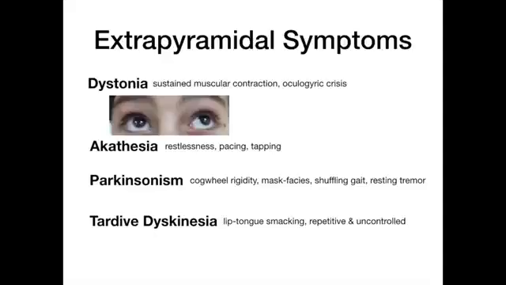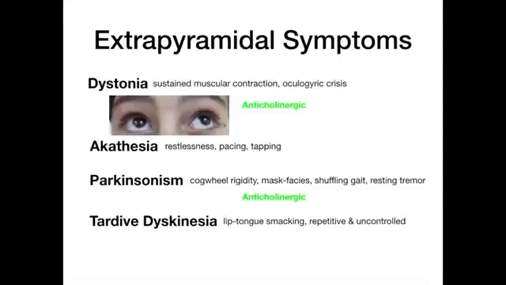So what's really, really high yield is to not only understand what all of these different EPS are, but to know the treatment for them. So I'm going to break this down and make this as easy as possible because people always get caught up on the different treatments. For dystonia and Parkinsonism, the treatment is anticholinergic medication like benztropine or even Benadryl. You should know that one of the treatments for Parkinson's disease is benztropine, and that's an anticholinergic. So it shouldn't surprise you that the treatment for Parkinsonism, which again is the same exact thing, same exact physiology as far as the neurotransmitter dopamine is concerned, we're going to use anticholinergic medications.